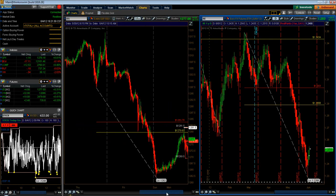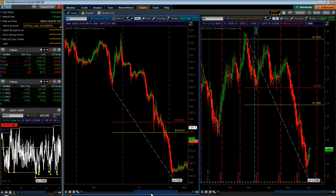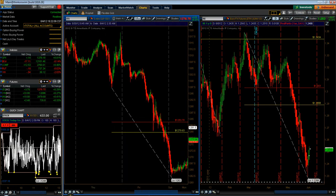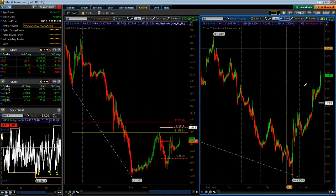So in the morning, I drew up the extension short, and the 15-minute trend was clearly down. I was able to identify that. We didn't have any NYSE tick data yet because I like to begin about an hour and a half before the market opens. So the 15-minute trend was down, and then on the euro, if I go to the